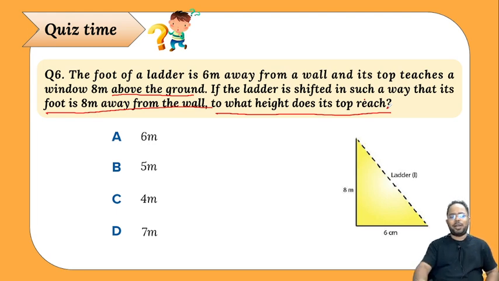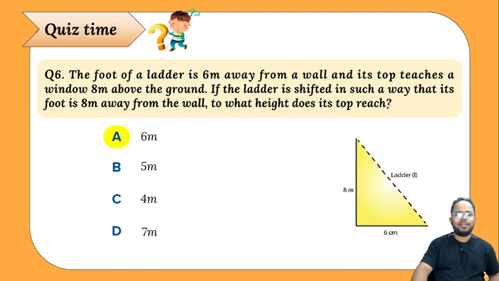Okay, chalo then. Let's reveal the answer. That's a 6 meter. क्या कह रहा है सवाल? सवाल कह रहा है the foot of a ladder is 6 meter away. Okay, let's say this is 6 meter away from the wall and its top reaches a window which is 8 meter. Okay, and ये कह रहा है कि if the ladder is being shifted in such a way that its